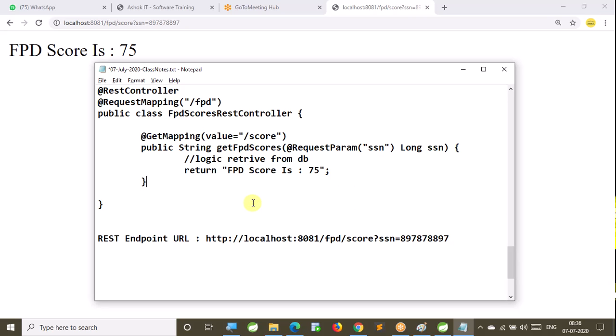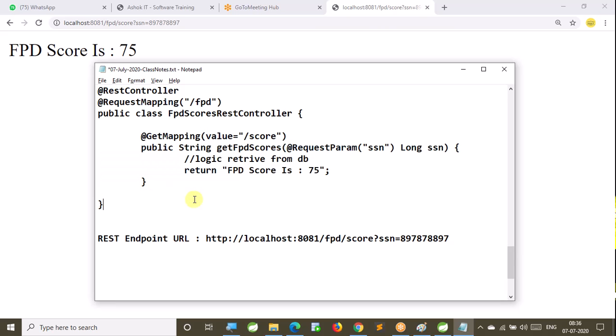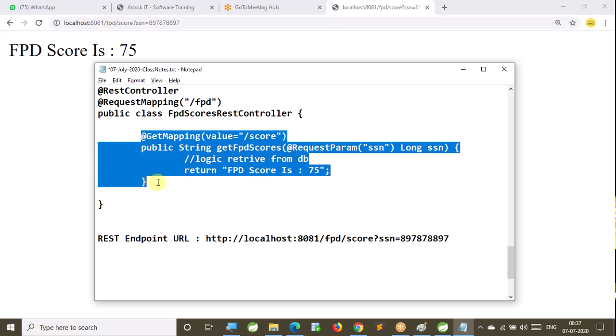Now, the dispatcher servlet is going to call this REST controller method. When it tries to call this method, it will check, is this method expecting any parameter? Yes. How will that parameter come? RequestParam, that means query parameter. Now, the dispatcher servlet will check the URL: is that query parameter present in the URL or not? It will check based on the key. If it is present in the URL, then the dispatcher servlet will read the value of that parameter based on the key and supply that value as a parameter for our method. Then our method will be executed. That is the internal logic.